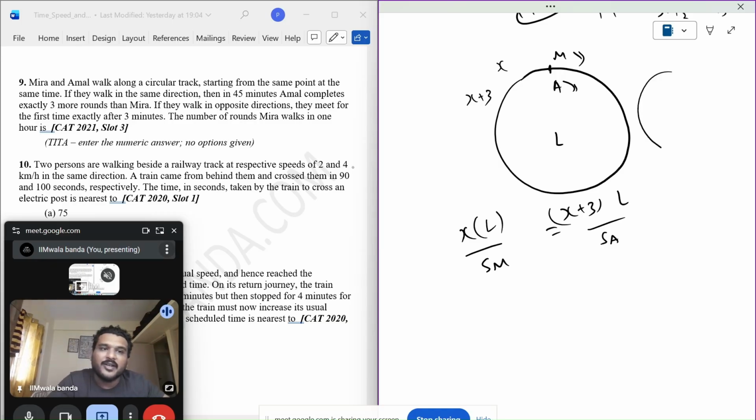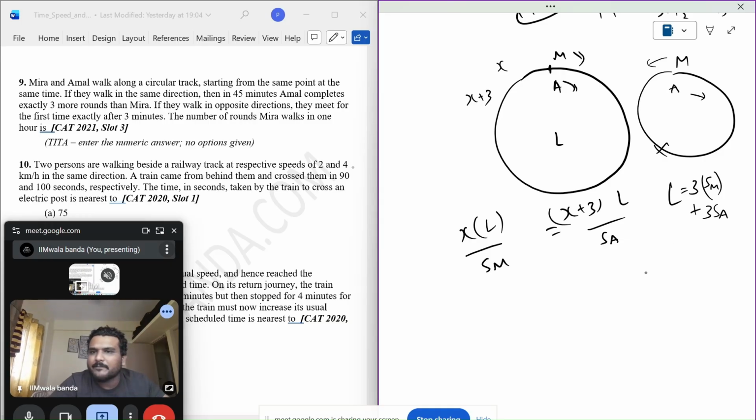If they walk in opposite directions, they meet for the first time after exactly 3 minutes. So to meet for the first time, basically they will meet somewhere here. So together they will cover L, and that will be 3 minutes into speed of M and 3 minutes into speed of A. Be careful about the minutes, the dimension part. I'm assuming that the speed is also in meter per second, and